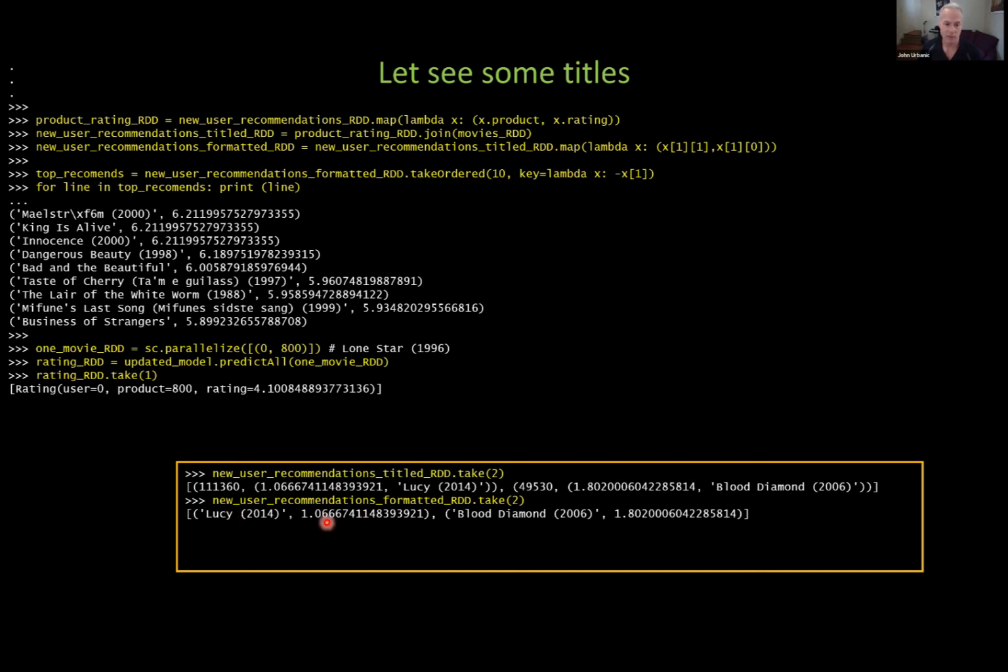We don't really care about the movie number or anything. The user doesn't care about that. So we're just massaging the data a little bit. We find ourselves having to do a join once again, right? To combine our ratings data with the movies information.